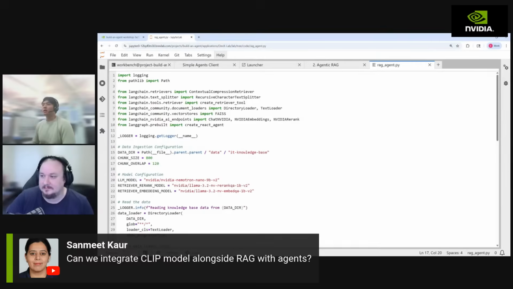I think a lot of what we're building here is setting a baseline or a reference implementation for you guys. But you can always take this workshop and build on top of it, extending different functionality that you want to see. And I think incorporating images with a clip model, for example, is an excellent way of extending this workshop